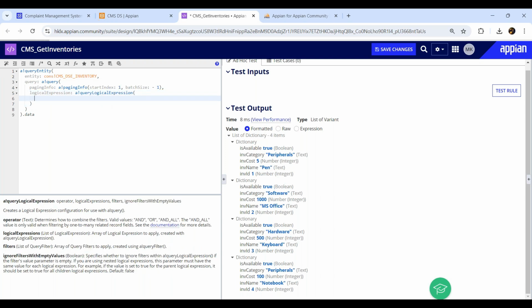right? Now inside this a bank query logical expression, we have many other filters like operators, logical expressions. Again, you can use filters and ignore the empty values. So let's say I'm going to use operators, because if you are going to use multiple filters, what kind of relationship you want to put in for those filters, right? So what are the possible values? If you put double quotes, it will give you all the possible values. Let's say I'm going to go with the AND operator,